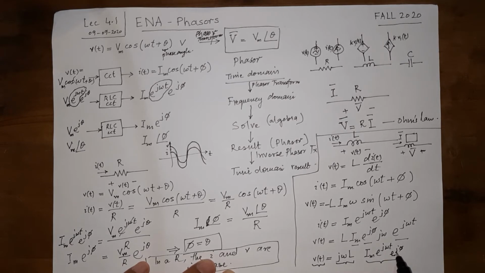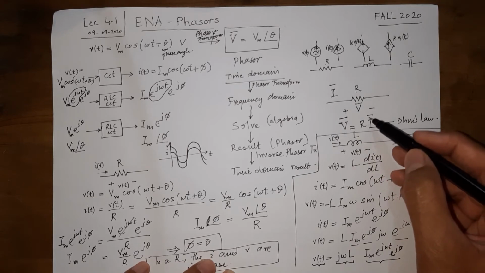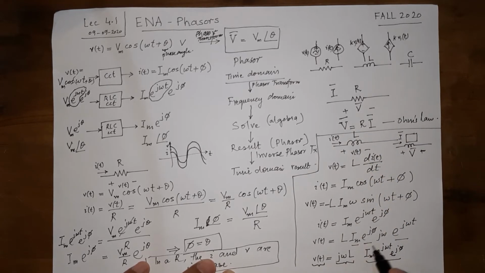So you can see this complex current is being multiplied by this thing. Isn't it something like this? The current is being multiplied by R to get the voltage. So the current term is being multiplied by this thing to get the voltage. So if we apply the phasor transform, this Vt will be capital V, this will remain j omega L, and this will become the phasor current I. So this is how an inductor behaves in the frequency domain.